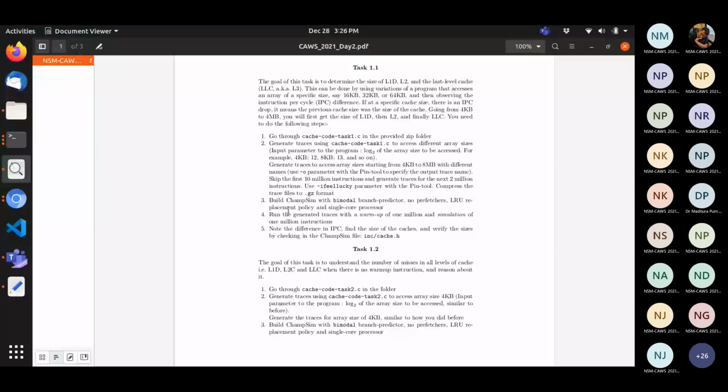Could you please repeat your question? Yeah. What I'm trying to say is, instead of running it on ChampSim and the bimodal branch predictor and the single core that we are generating here, I want to run it on XRISC-V. I think for RISC-V there is a toolchain, so you can directly use that. This Intel Pin tool is only for x86. If you want to run and evaluate x86 binaries, then this is the instrumentation tool.